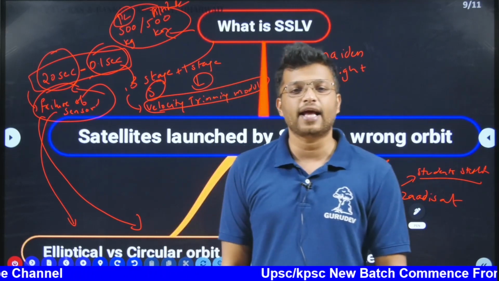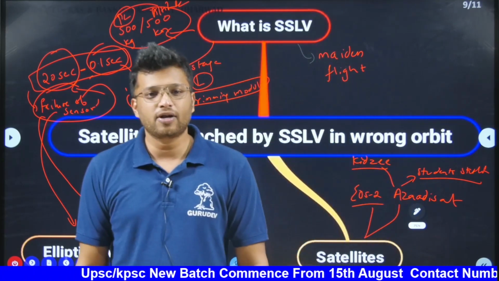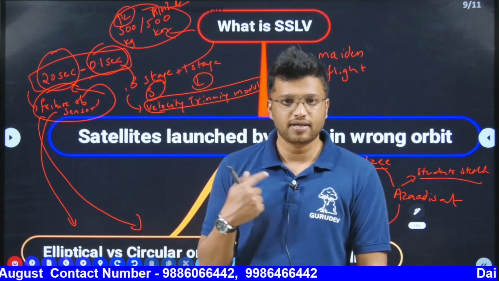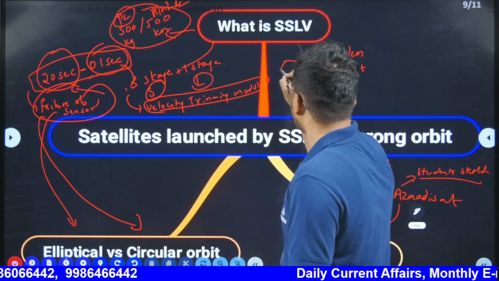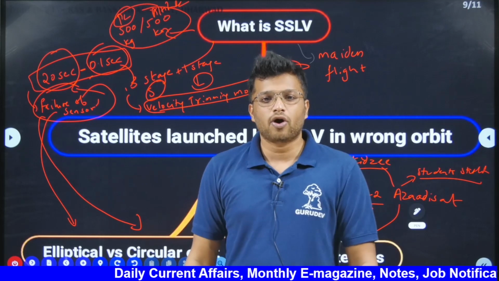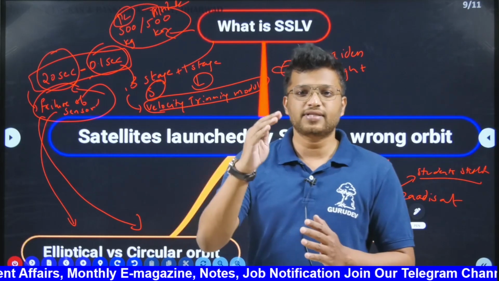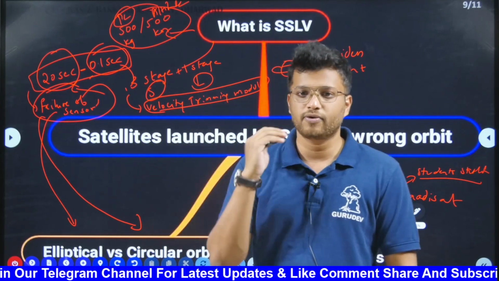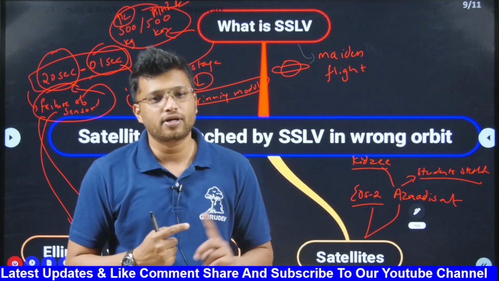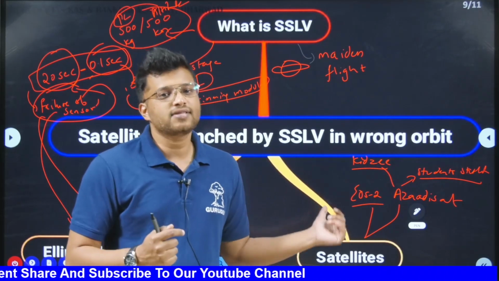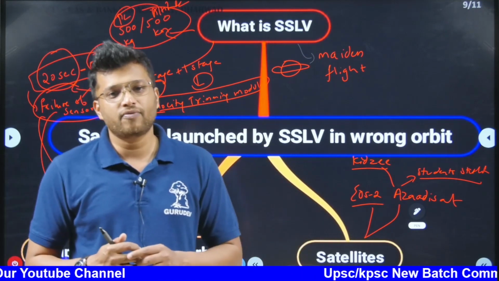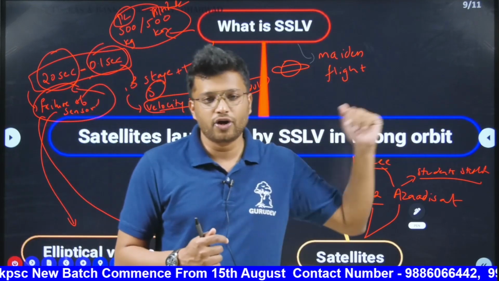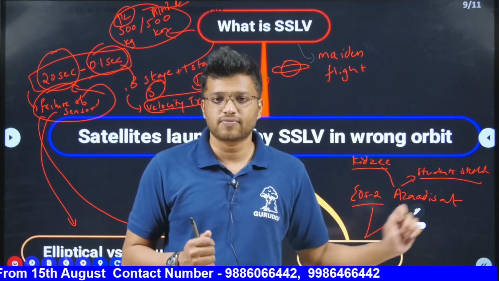So what is the difference between elliptical orbit and circular orbit? See, elliptical orbit is along the path of an ellipse around the Earth. So it revolves in this motion. Elliptical orbit is a place where some of the satellites are placed, and then an initial boost is given to the satellites and they are placed in the circular orbit. If satellites are placed in an elliptical orbit, they don't function well. The problem with this SSLV was it did not have enough fuel left to place our satellite in the circular orbit. Circular orbit is a place where most of the satellites are.